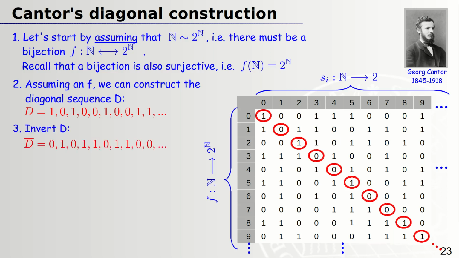Using d, we can build an inverted diagonal sequence d bar, which is 0 whenever d is 1 and vice versa. The crux of this proof is to realize that this inverted diagonal sequence d bar is different from every sequence in the table, because if the ith sequence had 0 in its ith position, then d bar will have a 1 and vice versa. In other words, d bar does not occur in the table as a sequence